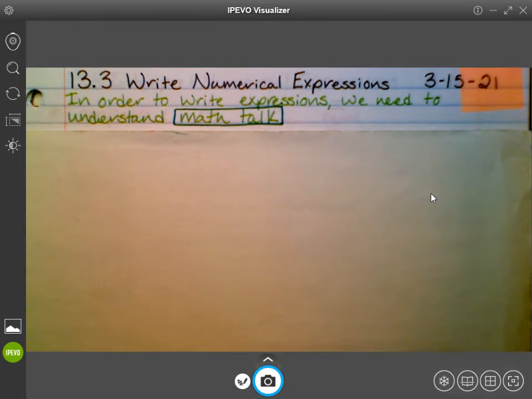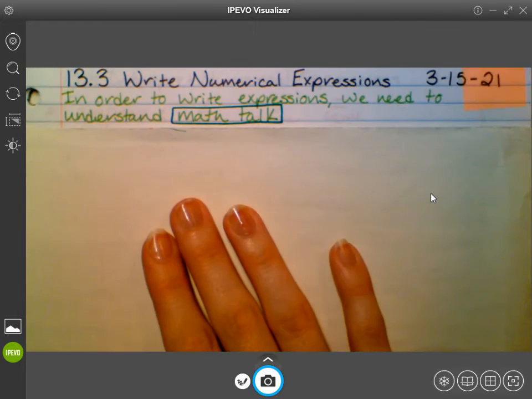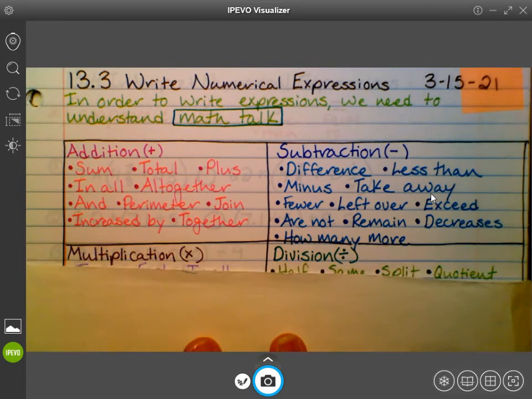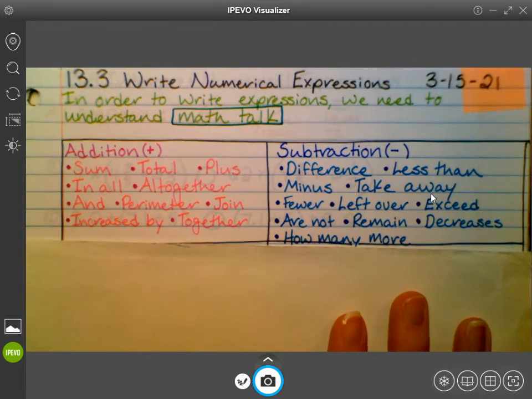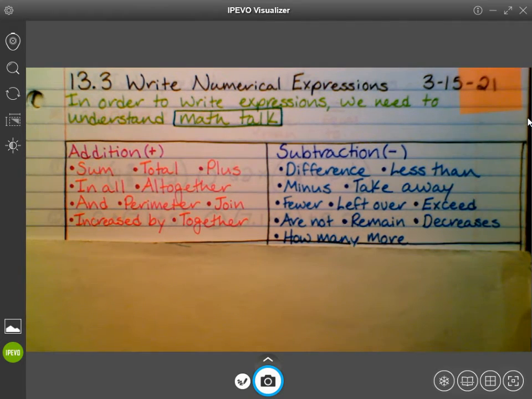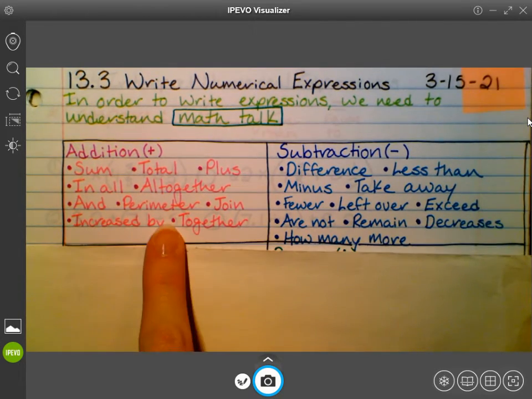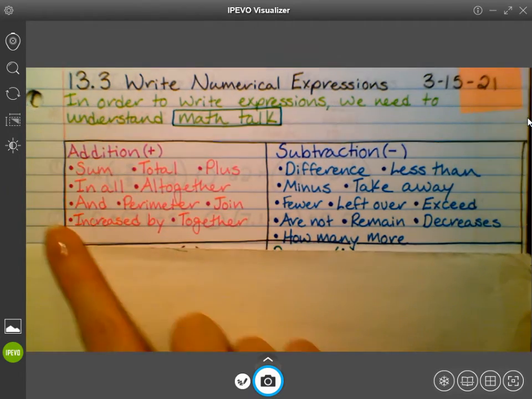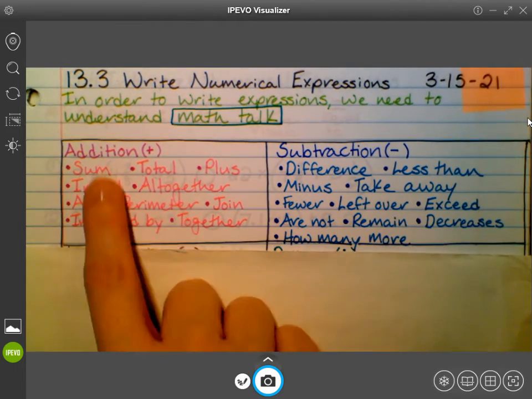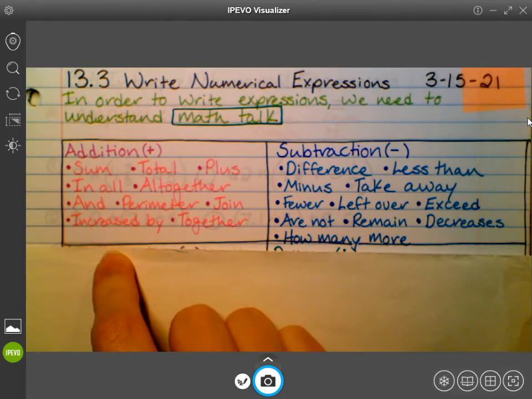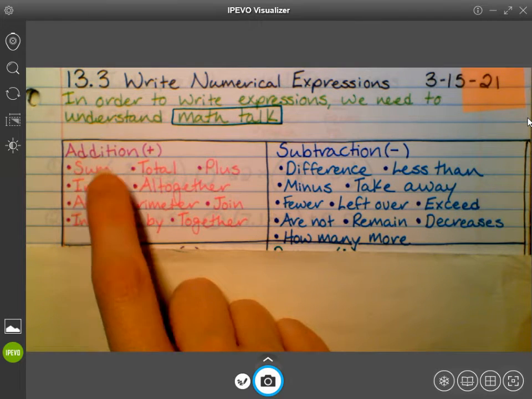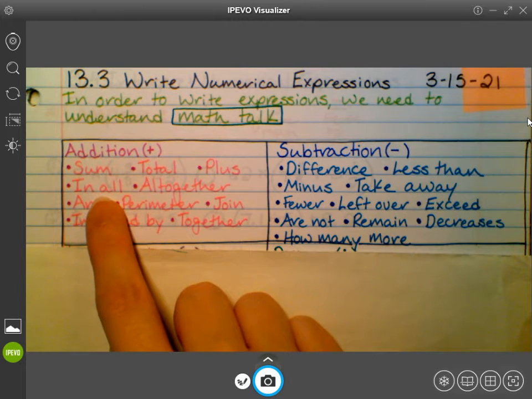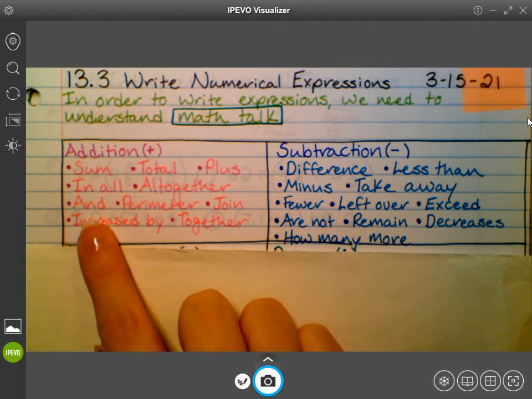Okay, so we are first going to write down some math talk we would see for addition and subtraction. So these are some words we could see and what they would tell us to do. Actually, why don't you wait to put the boxes around them? Just write it out. So for addition, which is plus, if we see the word sum, total, plus, in all, together, and perimeter,